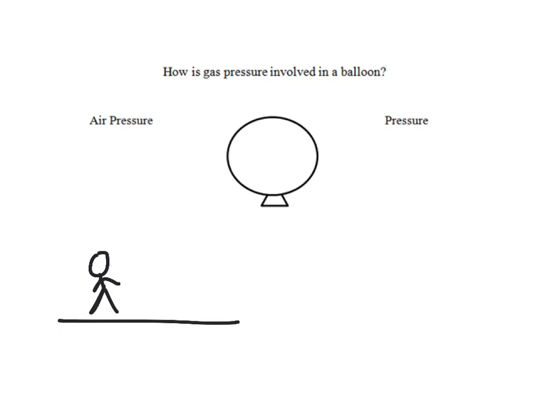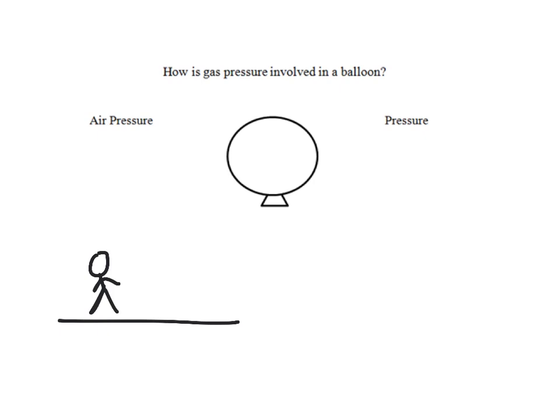Say this person is at 0 feet altitude, so say he's at the beach. When you're at the beach, you're at sea level. As you go higher and higher up, if you're in the top of a mountain peak, you're at a higher altitude. Bok Tower is about 100 feet above sea level, so it's a little higher.